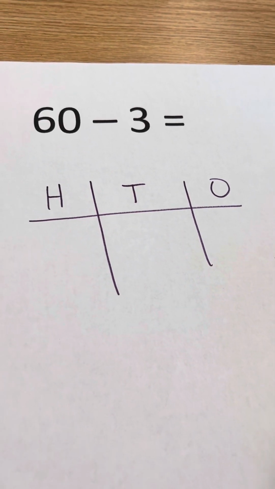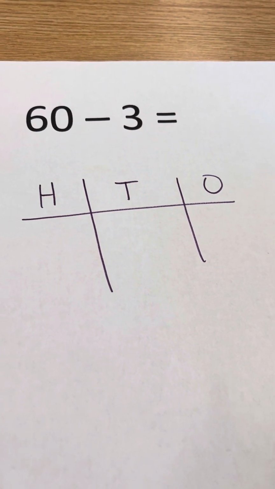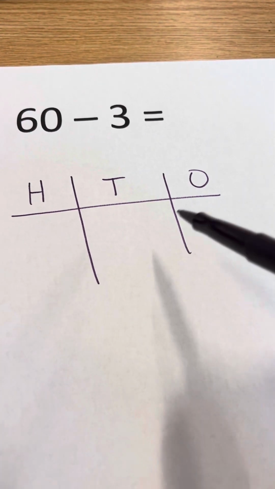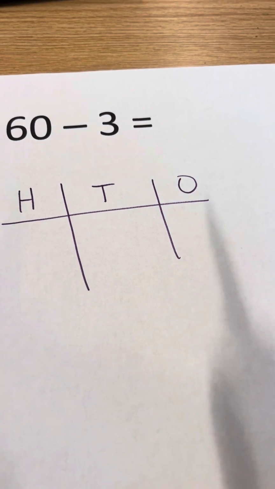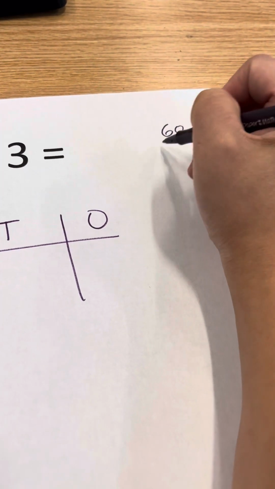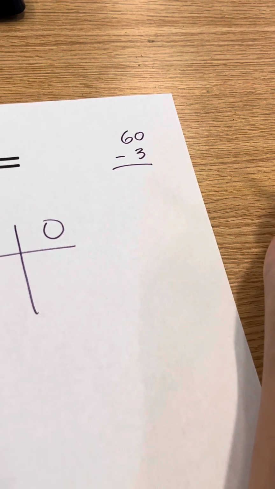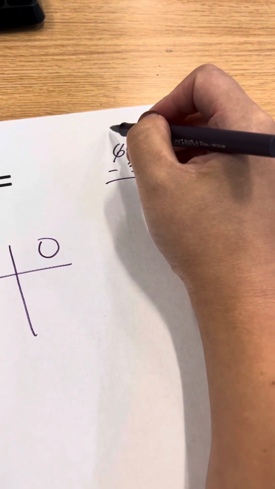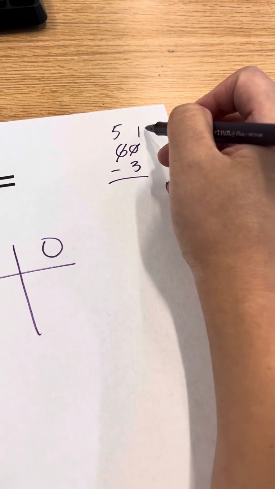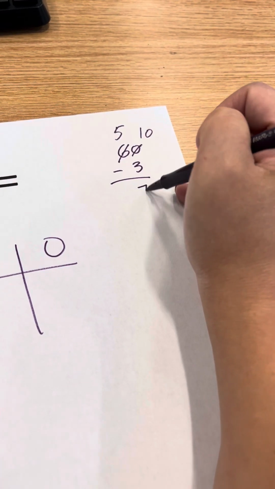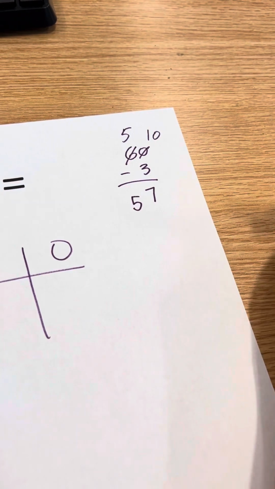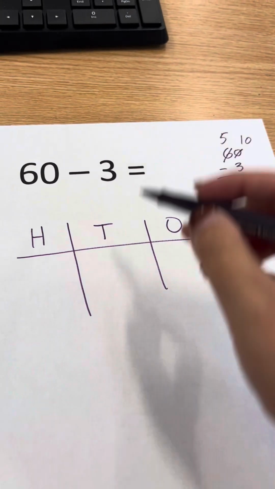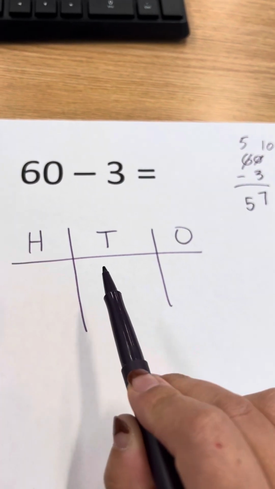Also have something called the HTO chart way, which is showing this equation in the place value chart to solve. So if you know the old math way, it's 60 minus 3 equals, you can't take away 3 from 0, so you borrow next door. 6 becomes 5, 0 becomes 10, 10 minus 3 is 7, bring down the 5. So it's 57. We know that's the answer, but we have to actually show our work using a place value